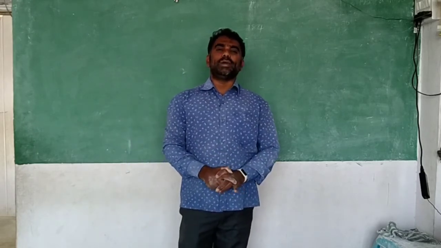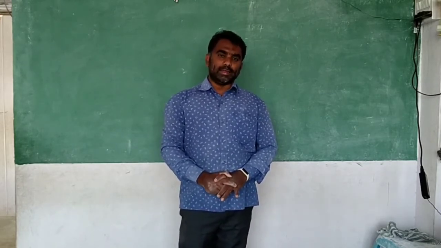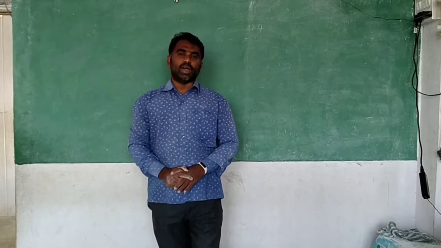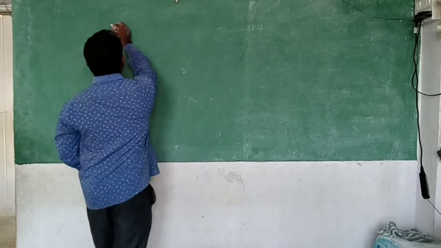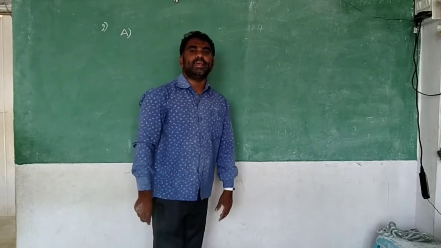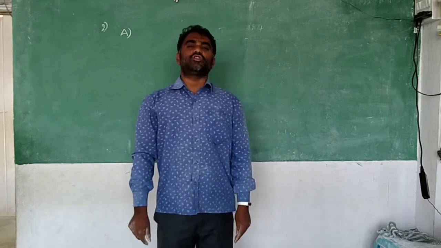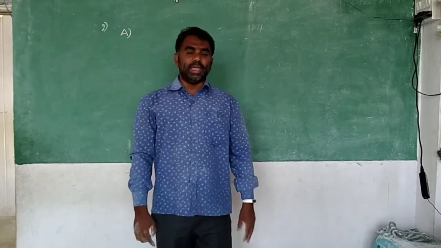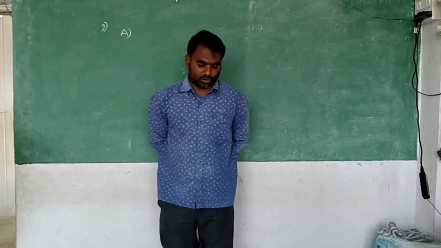So first, open the textbook, open page number 42, and just down there are some verbal problems. Answer the following, second bit. In that, the first one, A. I will read the question, listen carefully, then tell me: to solve that problem, what should we do? What type of calculation should we do? If you tell me, we will do it. Okay? So when I am reading the question, you also watch it.